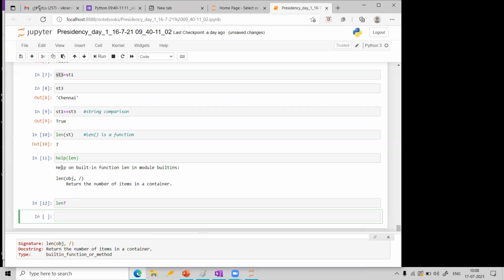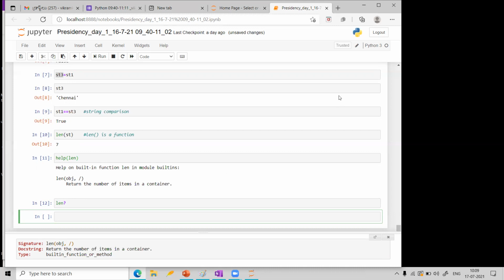Almost the same details as when you typed help, but when you type question mark it gives some extra details, like len object comma slash. So this is the way you can get some kind of help.